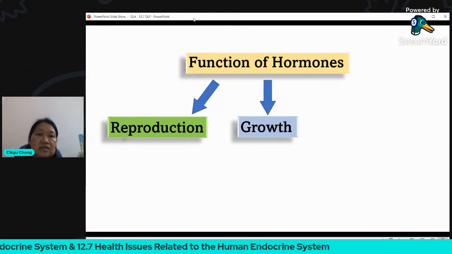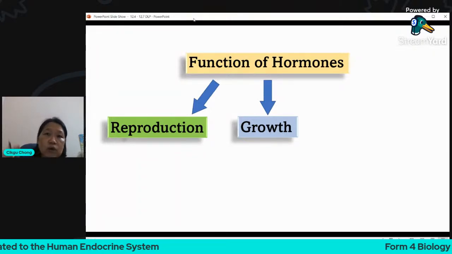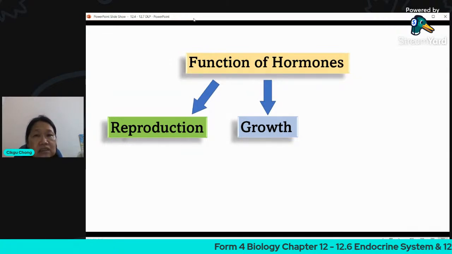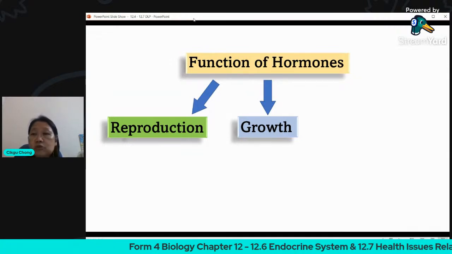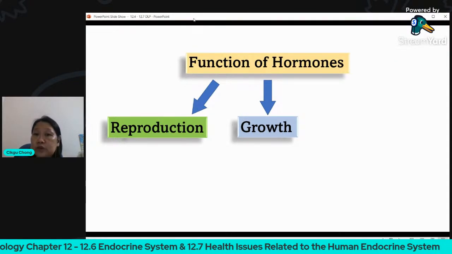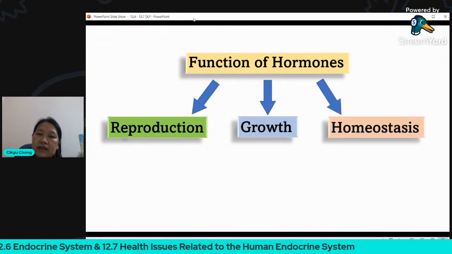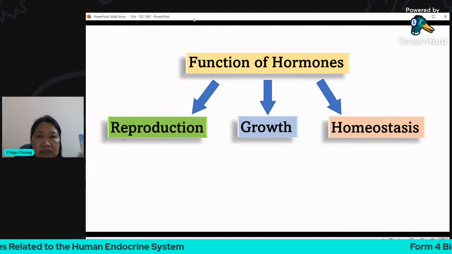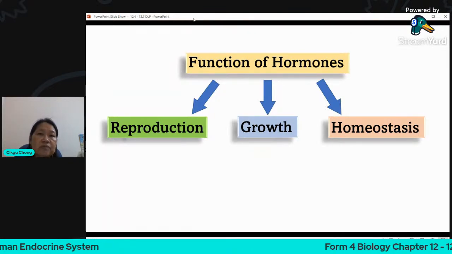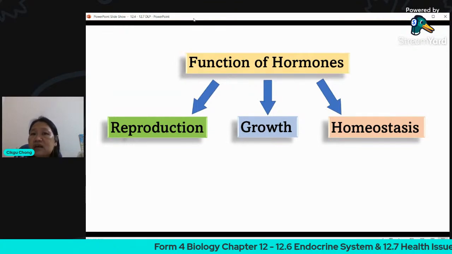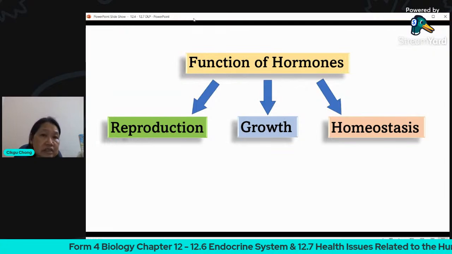You can see that some students, after, let's say, standard 6, when they go to form 1, suddenly shoot so high, become so tall because they have undergone puberty. So puberty is the time when a lot of these growth hormones, especially these sexual hormones, are also produced. And the next one, homeostasis. Hormones also play a role in coordinating certain processes in our body so that they remain consistent, so that the internal environment is consistent.